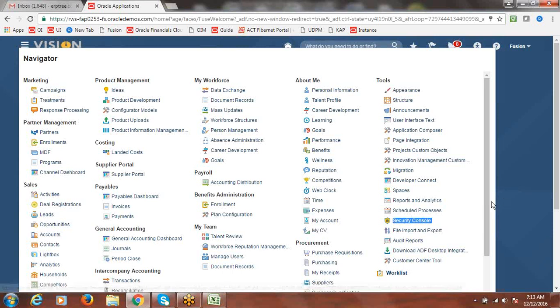You can find this function under tools if you have access to IT Security Manager. For our user, we assigned IT Security Manager also. That is the reason we are able to access the security console function. Click on security console.